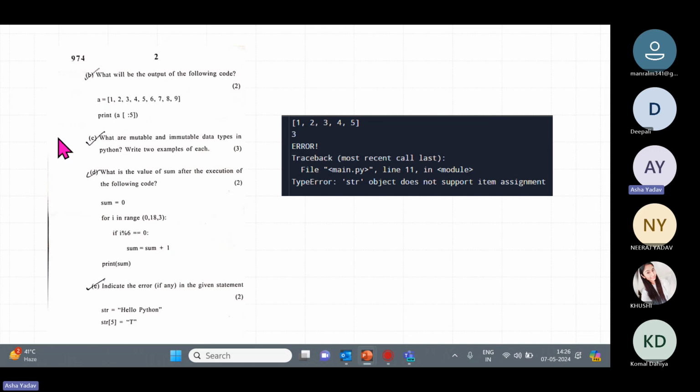Okay. So the next question is, what are mutable and immutable data types in Python? Write two examples. इस तरीके का क्वेश्चन जो आपको 3 मार्क्स का क्वेश्चन है, इसमें आपसे पूछा जा रहा है कि म्यूटेबल और इम्यूटेबल क्या होता है। ये मेरी पीपीटी में भी वेल एक्सप्लेन्ड है कि म्यूटेबल और इम्यूटेबल क्या होता है।